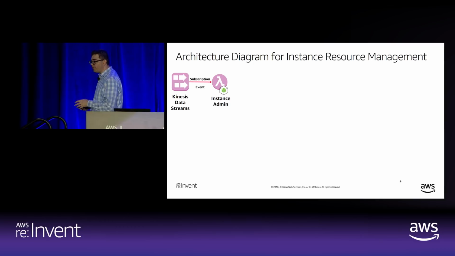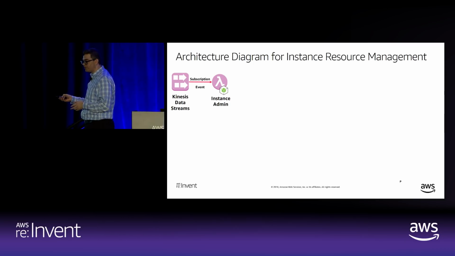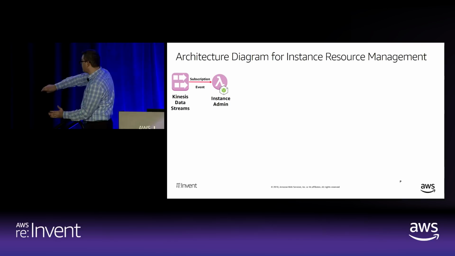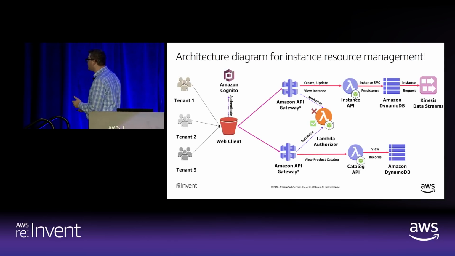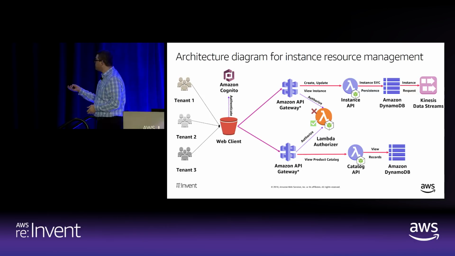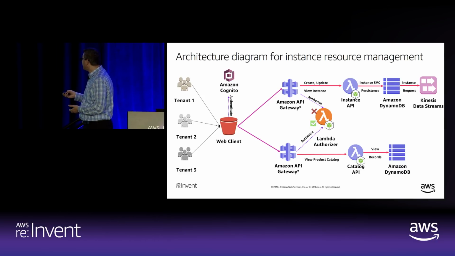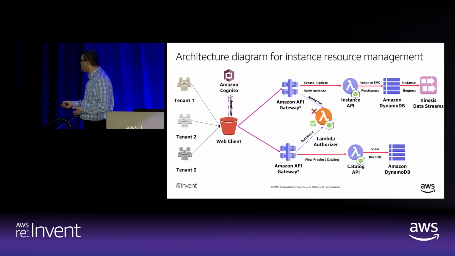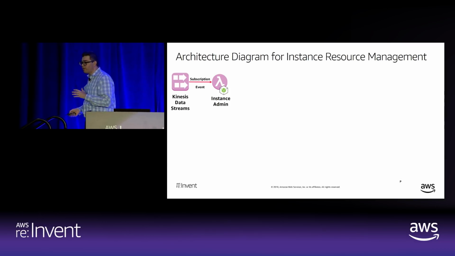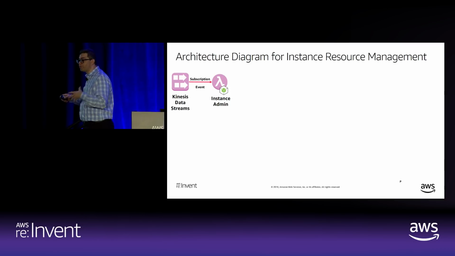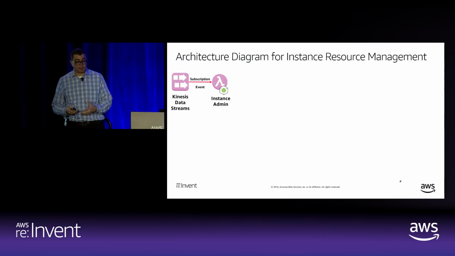So I have a Lambda function called instance administration. Remember when I talked a little bit about this idea that you don't want to expose to your customers what's happening on the back end? Well, my instance administration service is going to be responsible for me to get all of those private APIs. So if I go back one step to the last slide, you're going to see that the blue indicates my public services. Now, this is obviously not public. It's controlled by my private IAM roles that I have as managing. But the idea is that here, these are public APIs. On the next slide, I now have purple to indicate that these are back-end services that are responsible for provisioning and maintaining the core aspect of that control plane.